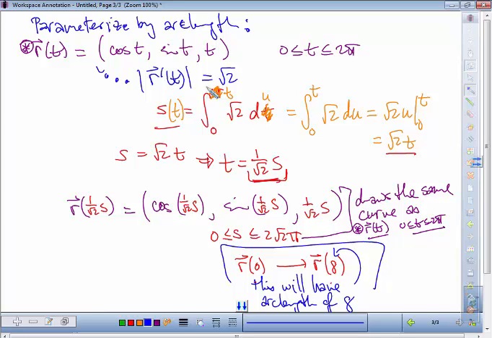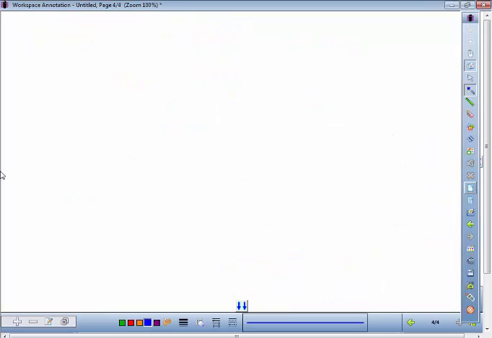One of them is the idea of parameterizing by arc length. The other one is the unit tangent. Remember the unit tangent vector? The unit tangent vector is a tangent vector just made into a unit length. So one way to define curvature